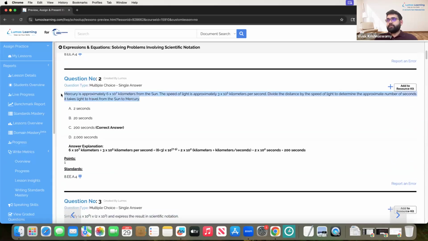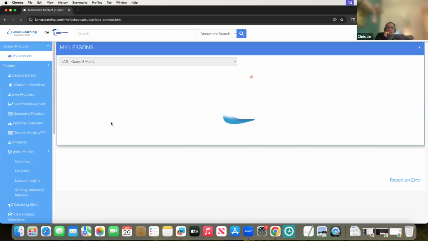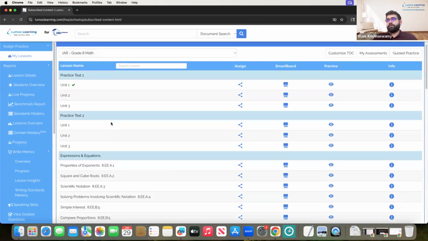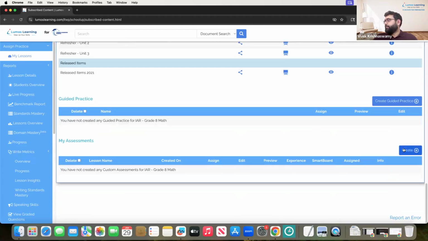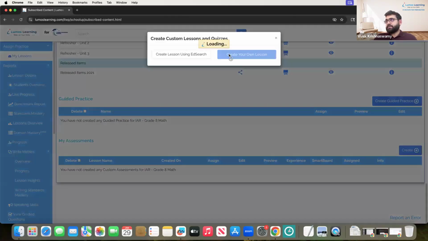So if we expected them to give, like we were talking about earlier in terms of Illustrative Mathematics, we would just convert this exact question into an open-ended response instead of a multiple choice. So you don't even need to spend too much time thinking up a question. You don't have to Google anything. You just copy paste it.